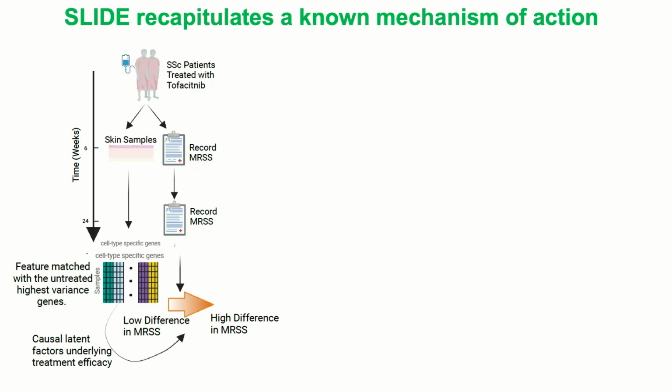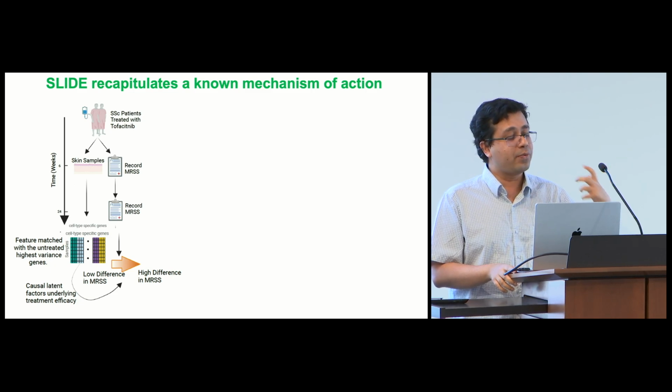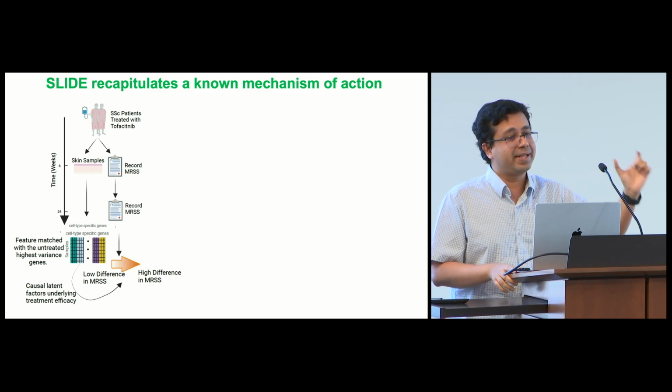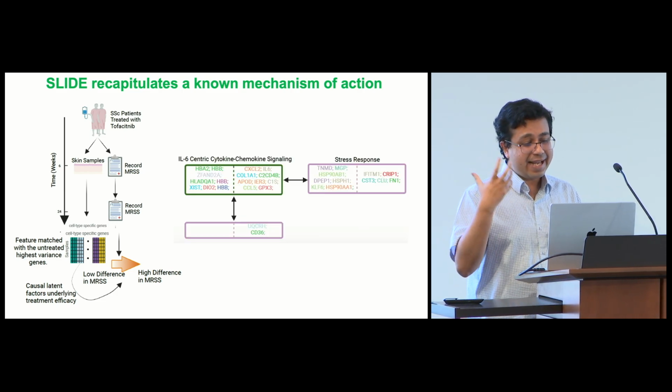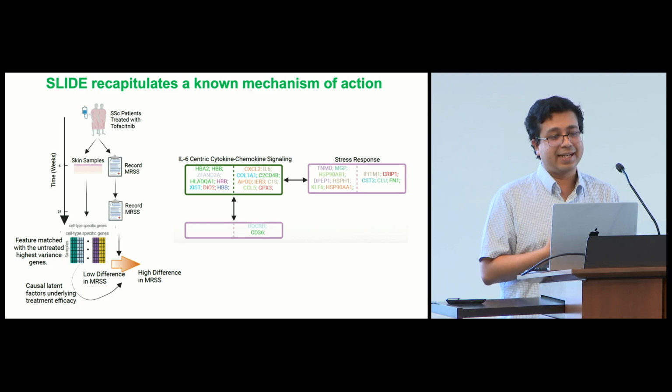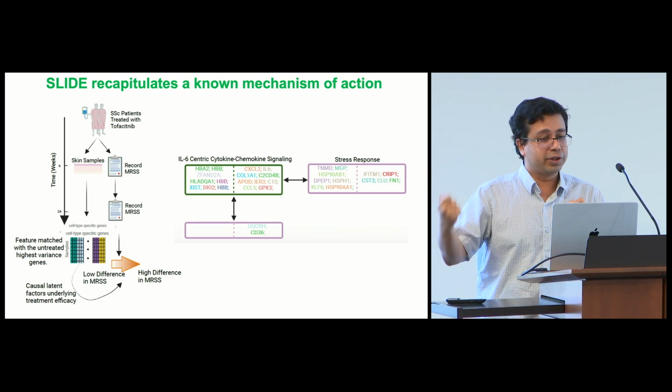Now we said, let's push the bar a little harder. So are we actually getting something mechanistic? So this is a human perturbation experiment. A subset of these patients were treated with tofacitinib. That's a pan-JAK inhibitor. So we had patients who were responders and non-responders, and we said, can we infer latent factors that discriminate responders and non-responders? And without using any prior knowledge, the key latent factor that the model found was this IL-6 STAT signaling-centric mechanism, reflecting that depending on how well you respond to the pan-JAK inhibition, you respond or do not respond.